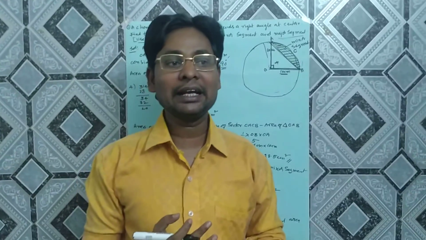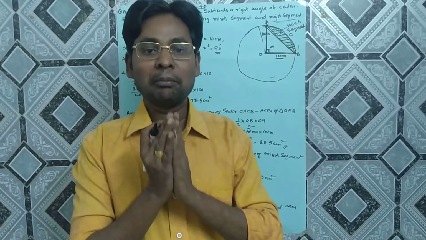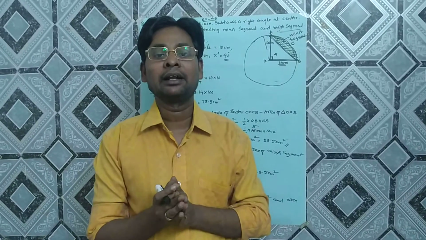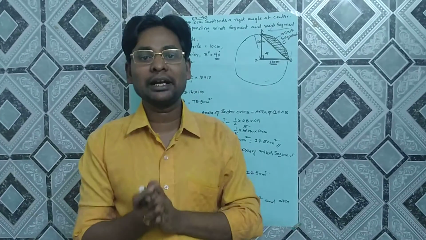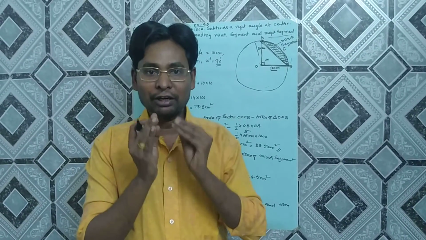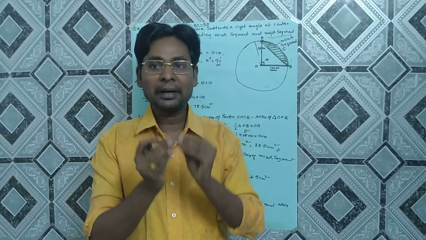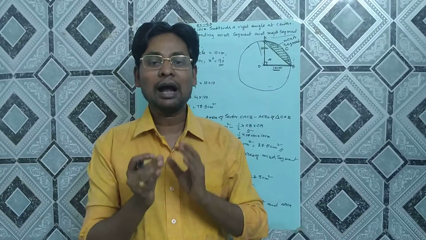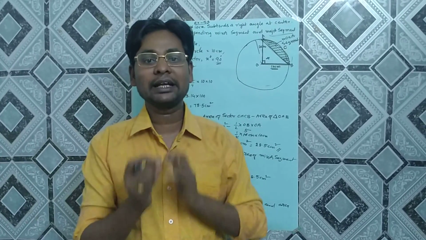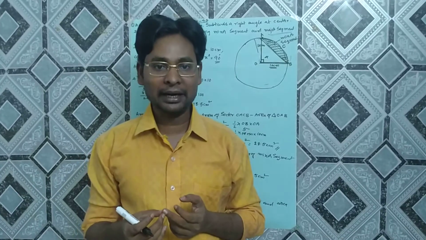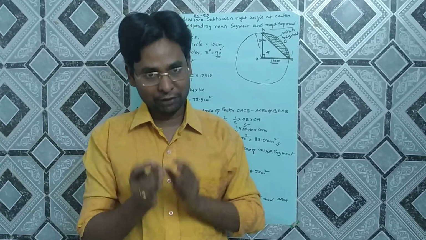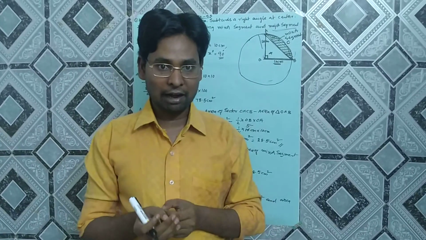So when we find the area of the minor segment and major segment, in a minor segment mostly a triangle is formed. The angle of the sector will be given in the question. Depending upon it, find the area of the sector minus the area of the triangle. From that you get the area of the minor segment, and area of circle minus area of minor segment gives the area of the major segment.